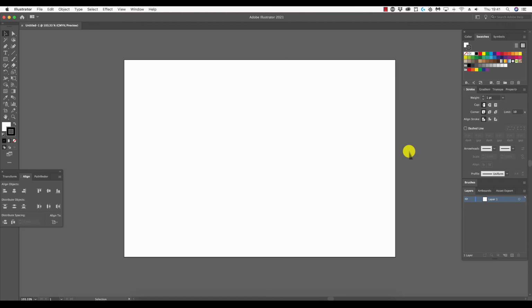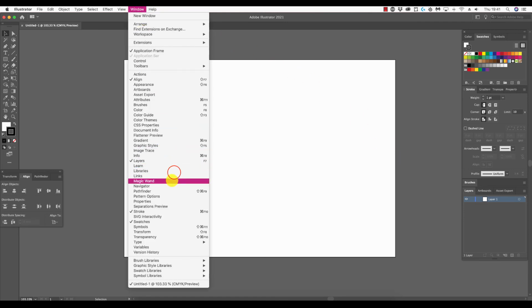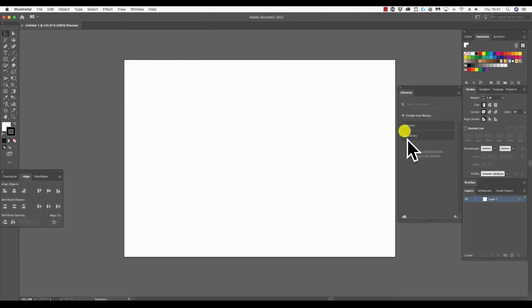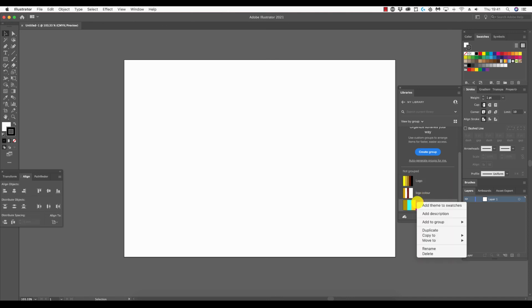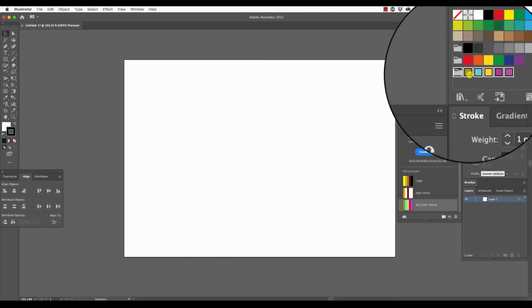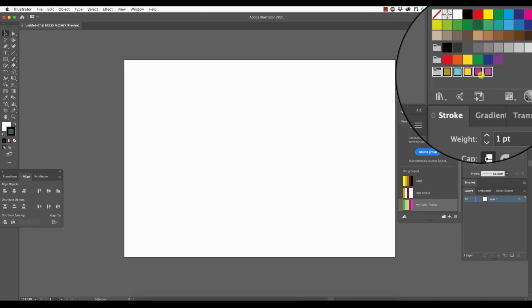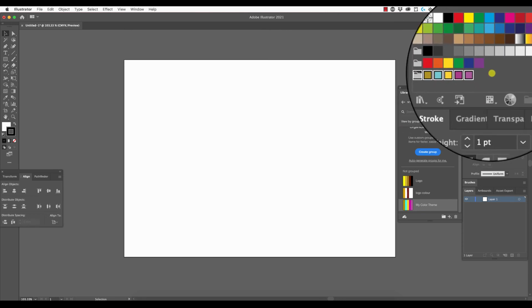So jumping over into Illustrator, if we open our Libraries panel by going to Window, Libraries, and selecting the library, in this case My Library, we can scroll down and we can select the colour scheme, right click and click Add Theme to Swatches, and there we get all of those colours added to the Swatches panel in their own colour group, ready for use in our illustrations. So that's the overview of Adobe Colour at